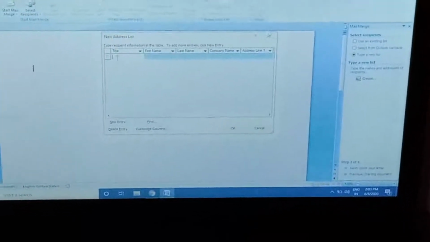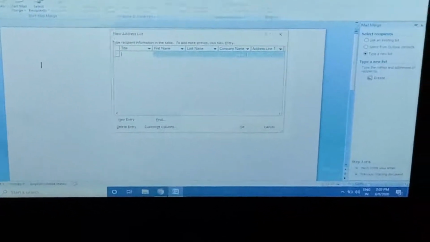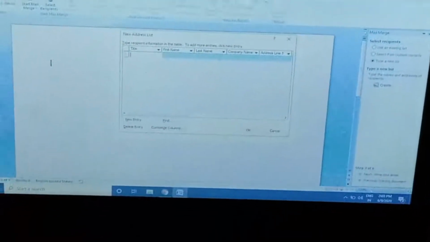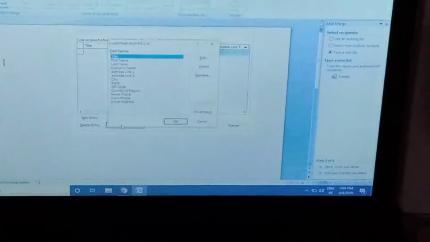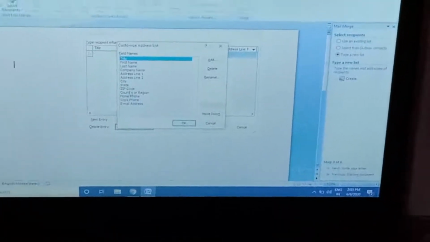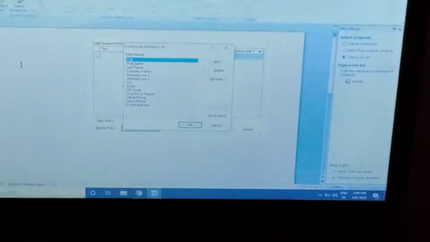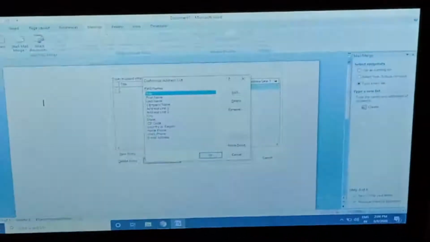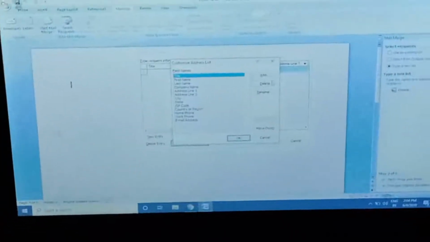The fields are title, first name, last name, company name, but none of these field names are required in this letter, and you can add field names of your own choice. Click on Customize Columns. Again a dialog box appears in front of you, showing title, first name, last name, and you delete all of these fields one by one.